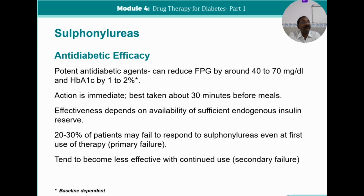So as a clinician, as a physician, you should understand secondary failure. You must have seen a lot of patients with diabetes on sulphonylurea therapy previously, but still the blood sugars are very high. Then you should understand that this patient could be a case of secondary failure of sulphonylurea therapy. So the answer is, don't use sulphonylureas in them when they have secondary failure, and choose other